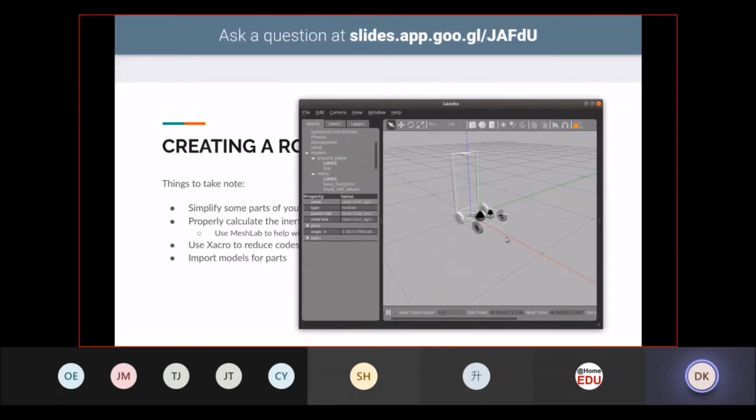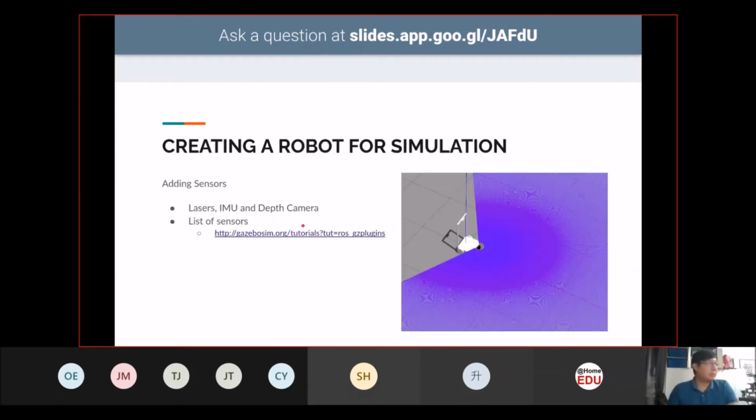Like for our base, we can make it a rectangle, but when we attach sensors and things like that on it, it will have a certain shape or size. The inertia tensor is quite easy for you to calculate for standard shapes like a cylinder, a box, or a sphere. But for things like sensors, like the LiDAR sensor over here, which is not a uniform shape, it's a bit hard to calculate on your own.